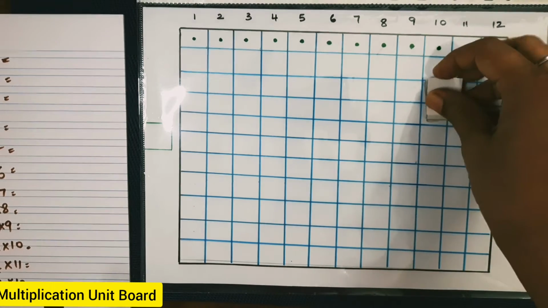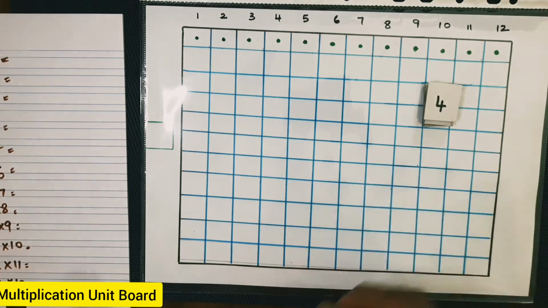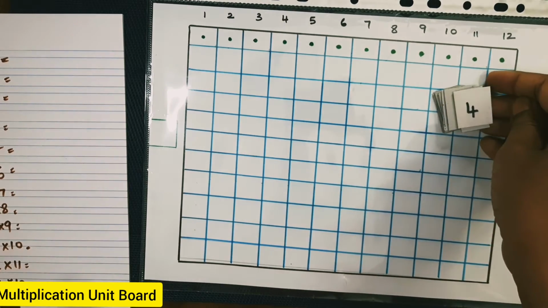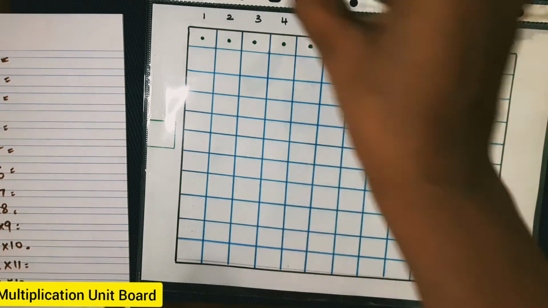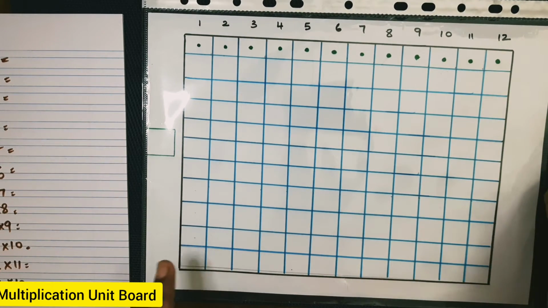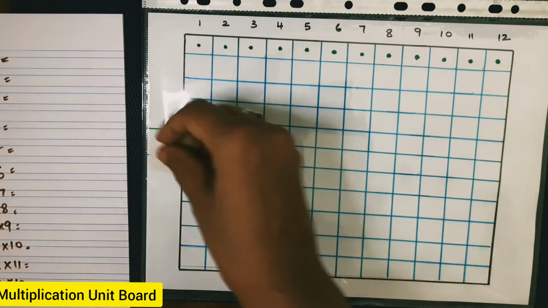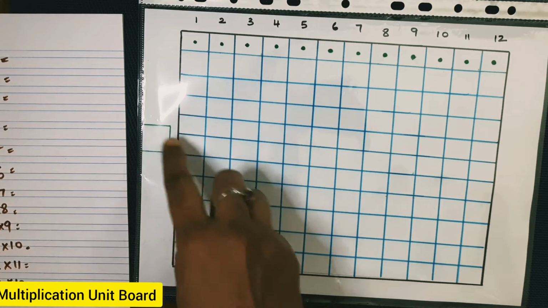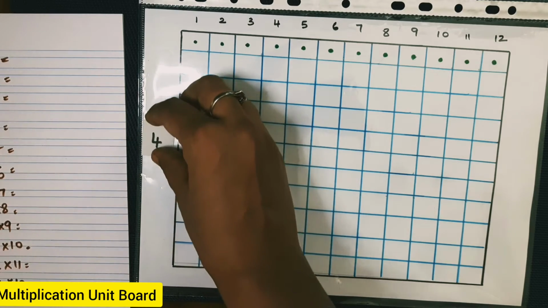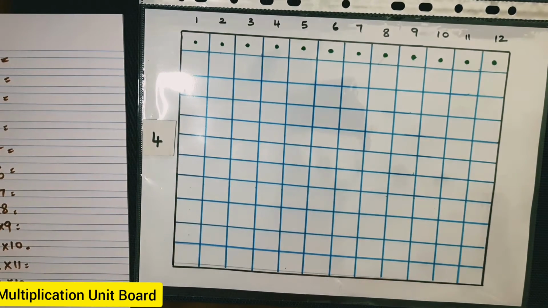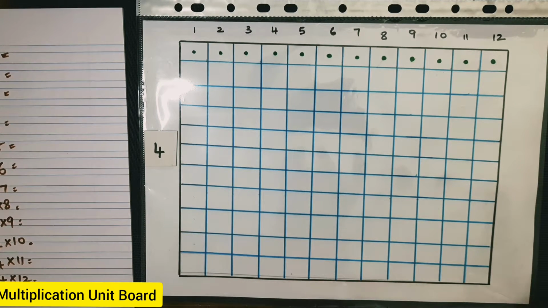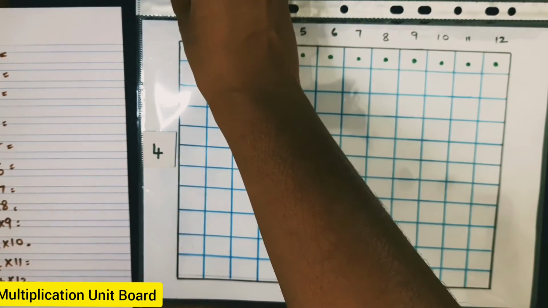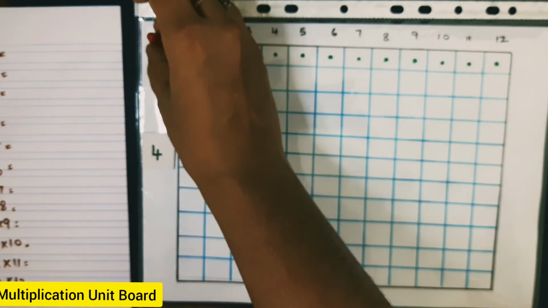And you need cards like this. This shows the multiplicand, 1 to 10 cards. Okay, and the numbers 1 to 10 are written on it. You can ask the child to arrange them, or you can keep them aside. If you are going to do multiplication of 4, then take that card and keep it here. Can you see a small square here? So place it there. Now keep the skittle here initially, or here.